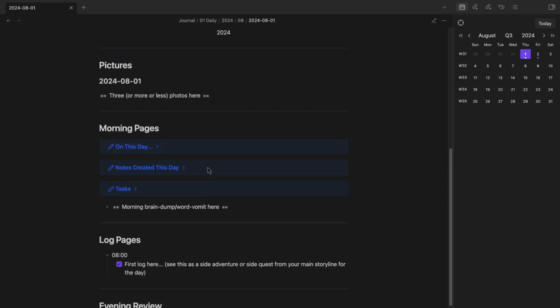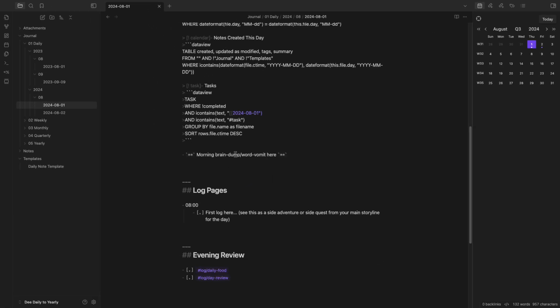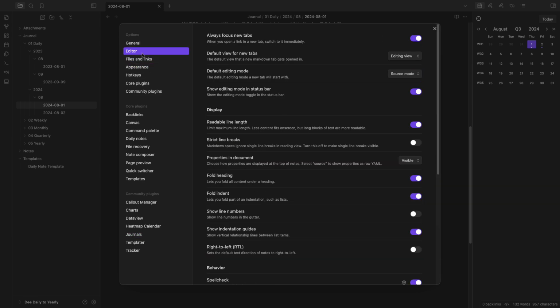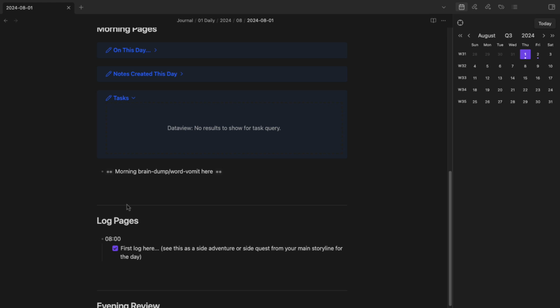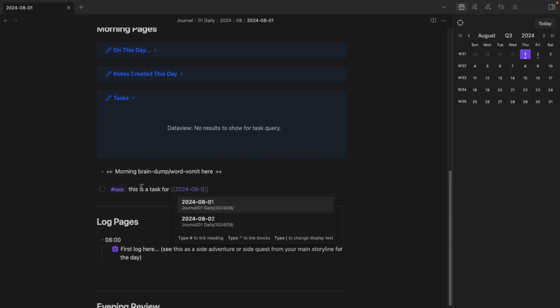Go to reading mode. You can see there's no tasks. So in order to make this a little bit easier to understand, let's go to Files and Links, Editor, and we're going to change from the source mode to live preview mode just to show you. So here in tasks, we have no tasks, but if we create a task format and we say task, this